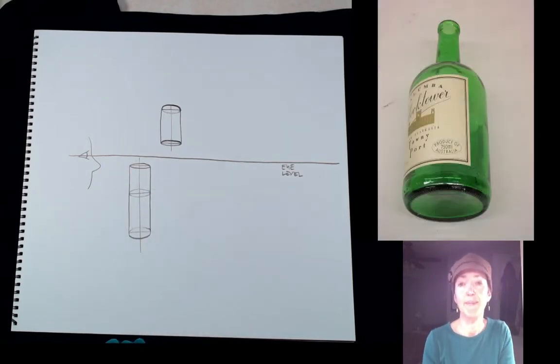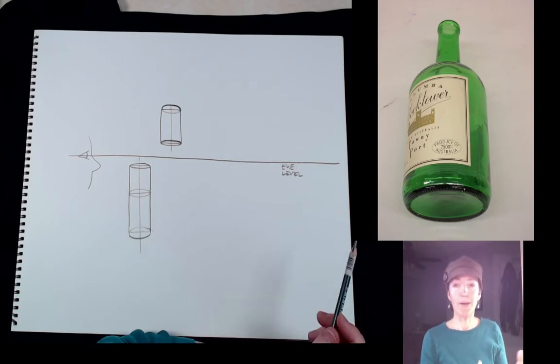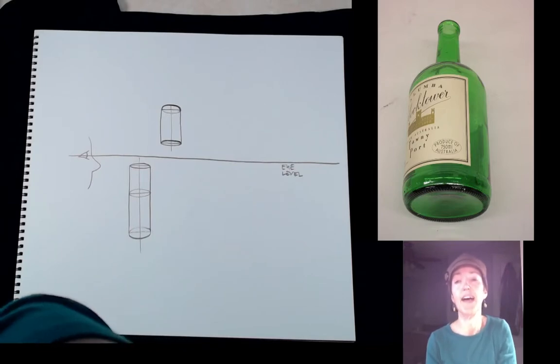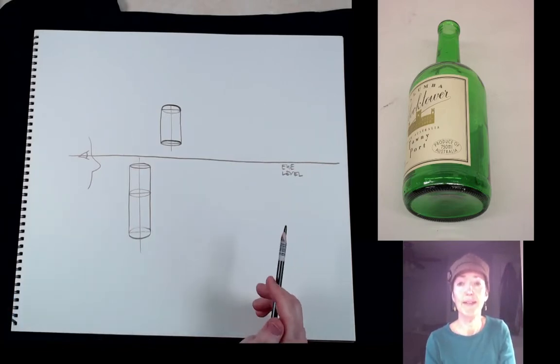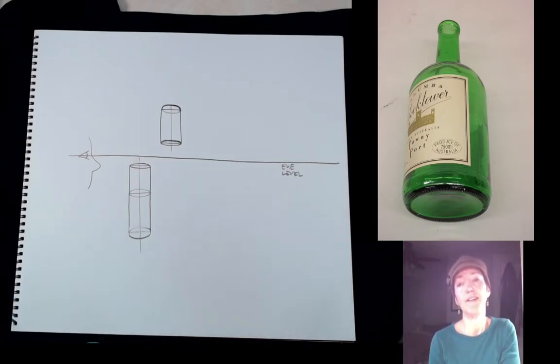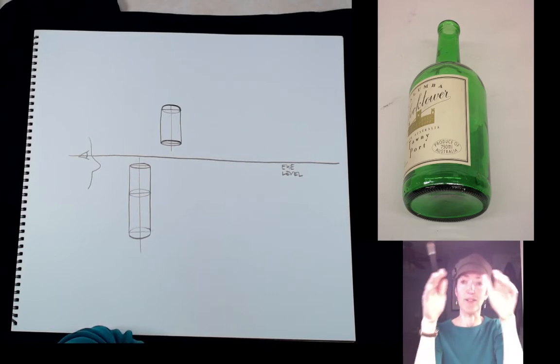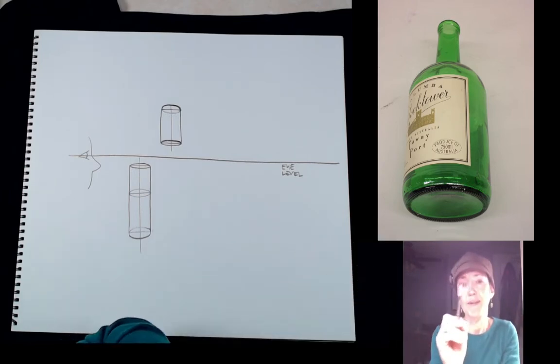So here's an example of a wine bottle that I laid on its side to give the illusion of it hovering above our heads so that we can draw those ellipses. In this case, the foot of the bottle, the very bottom of it, would be our flattest ellipse. And then we draw in ellipses for the bottom edge of the label, the top edge of the label, and also where the neck attaches to the shoulders of the object, there should be another ellipse there.